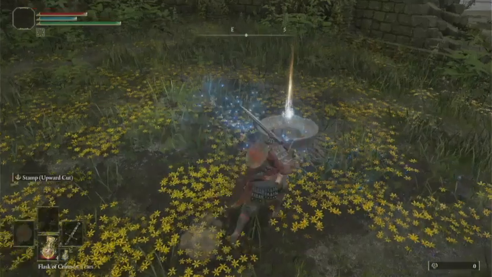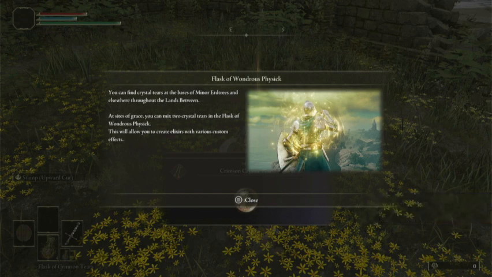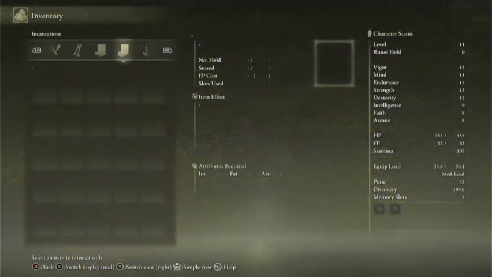So this is the Flask of Wondrous Physic. This is a third flask. You can use it once per rest at the Grace site. You mix these things called cracked tears in them, and they give you different buffs and whatnot. So we got a crimson crystal tear in the flask. So what that does is if we tab over,